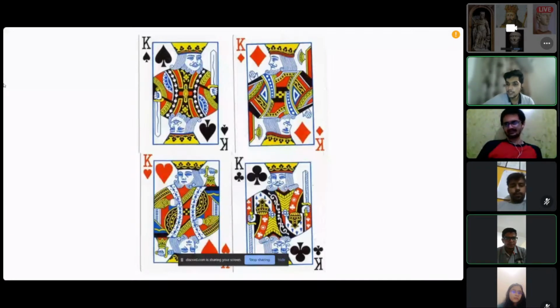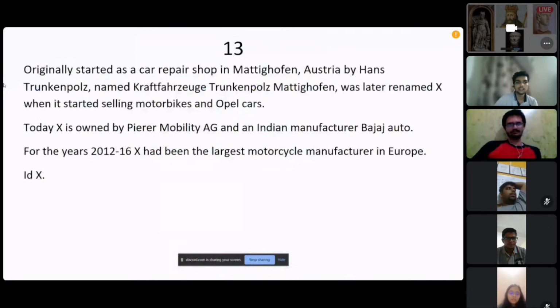So only P2 got it right. So the scores of P2 will change. All other scores will remain the same. Nobody knows the answer. Fine. This is direct to P4.